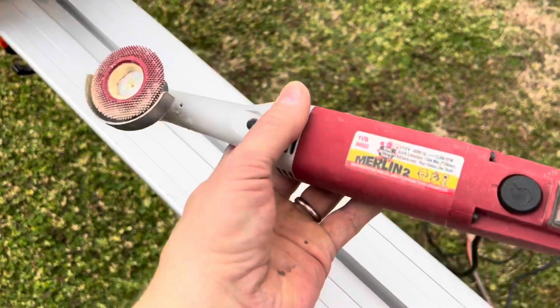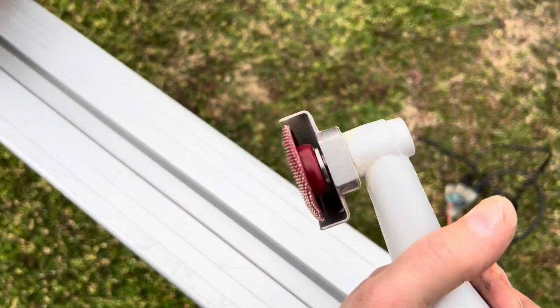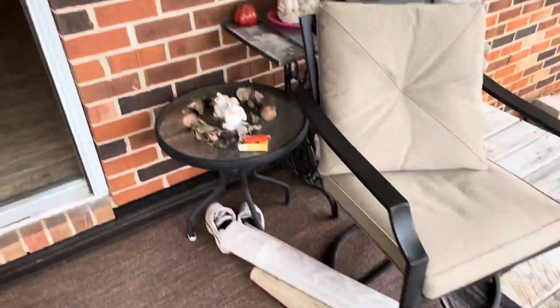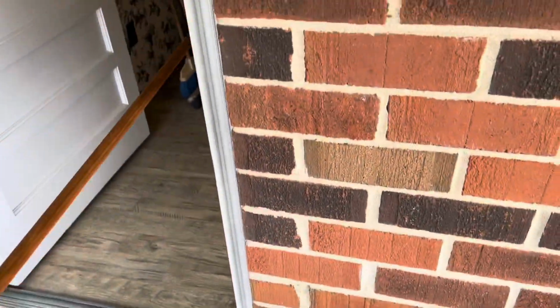This is a little, look right there, I'll give you the name of it. It was a little bit expensive, but I can cope super accurate and super fast with this little thing right here. So I cope all of my inside corners, and all of my outside corners I will use, I'll show you as soon as I can get in there. I use a miter protractor on all of my outside corners, so